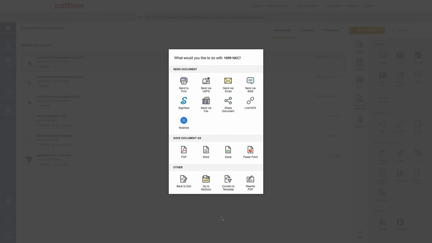Choose what you would like to do with your document next. Print out the completed document, share it with anybody via email, fax, SMS, USPS, or shareable link, or send it out for signature, save it to your device, convert it to a template, or continue editing your